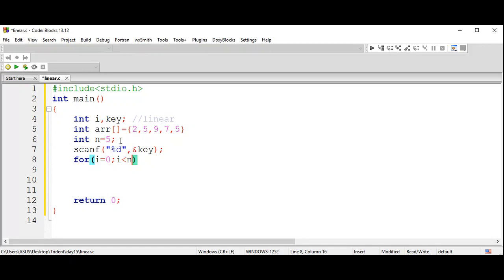For each and every iteration, I am supposed to move my pointer to the next one, that is nothing but i plus plus. Inside this loop, I am supposed to compare whether the key element is matching with any one of the elements in the array.